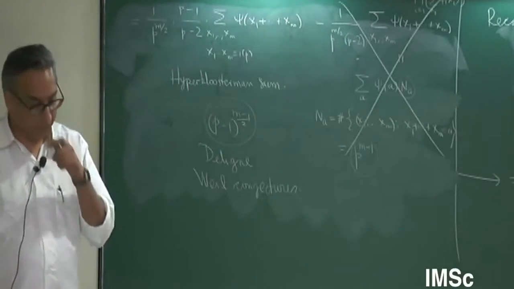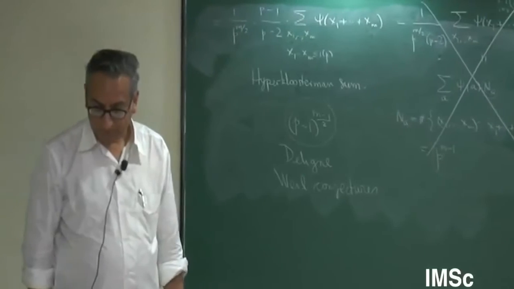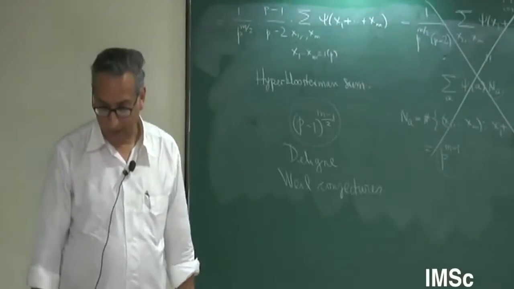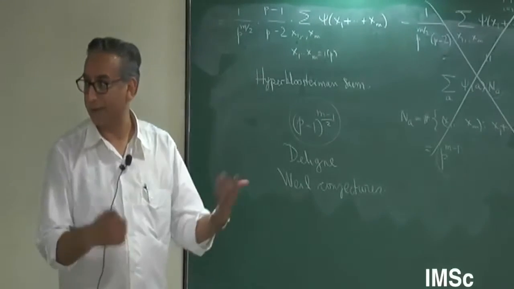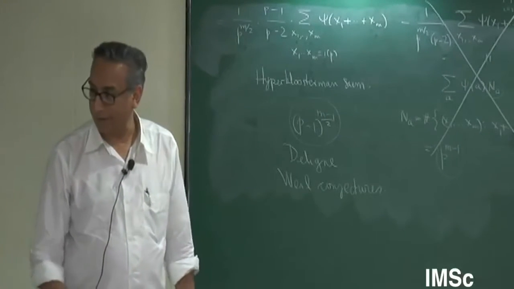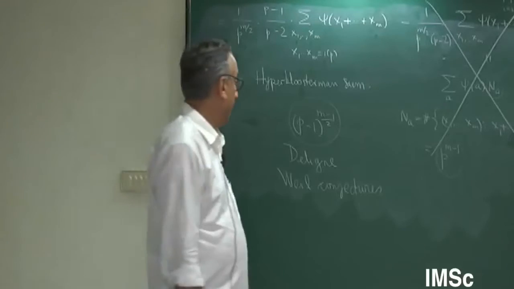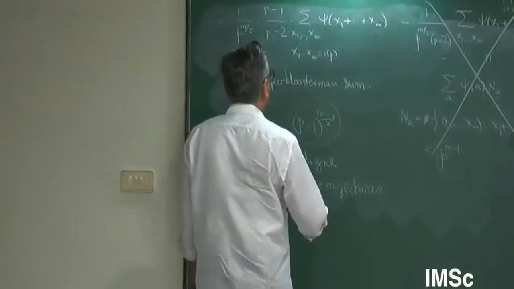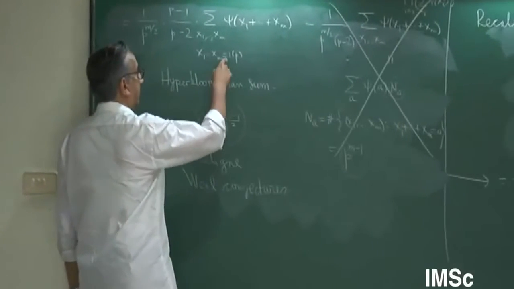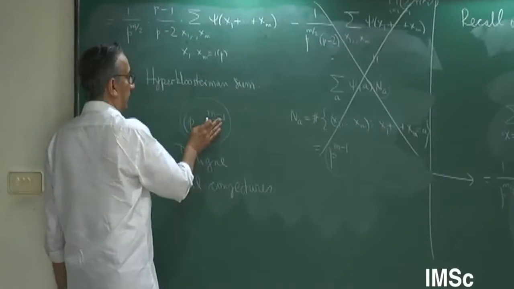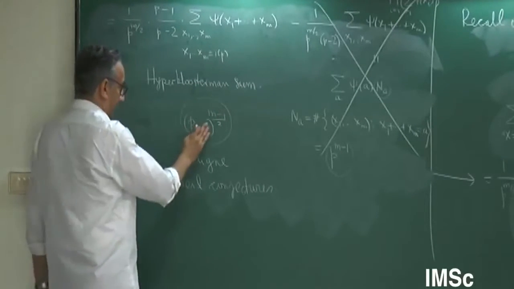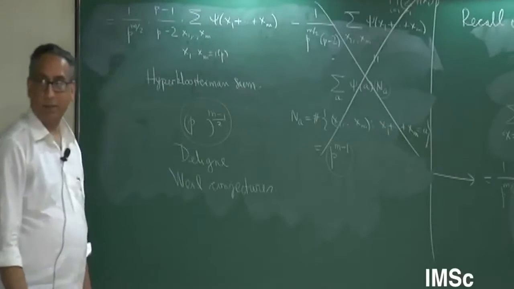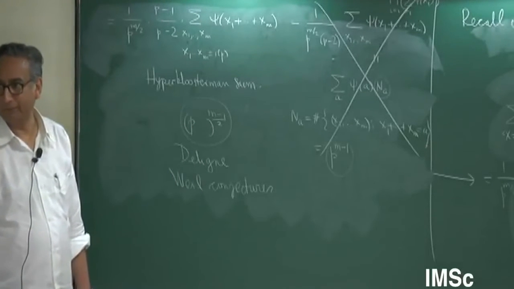There are these famous conjectures called the Weil conjectures, which, again, would be a nice mini course one could give for a week or so to get you rolling. So I won't discuss that here, but the fact is that the trivial estimate is (p minus 1) to the power m, and Deligne proved that it's bounded by